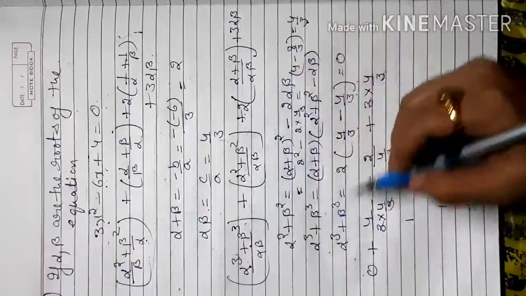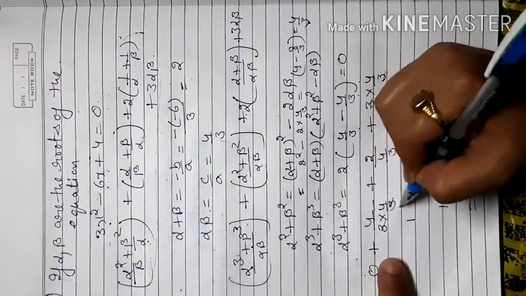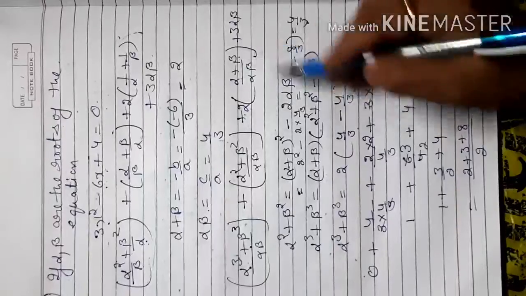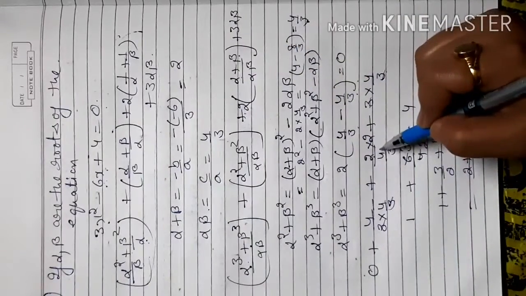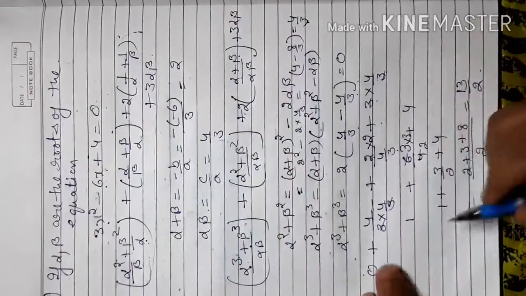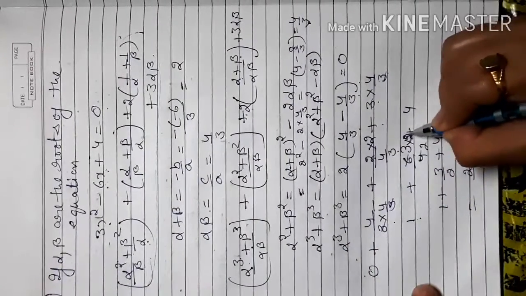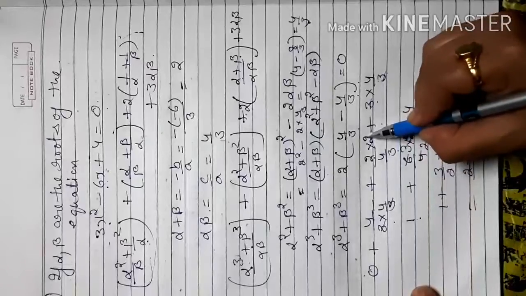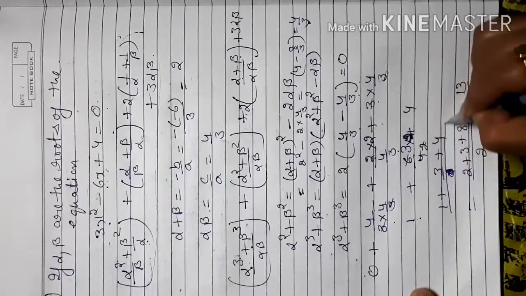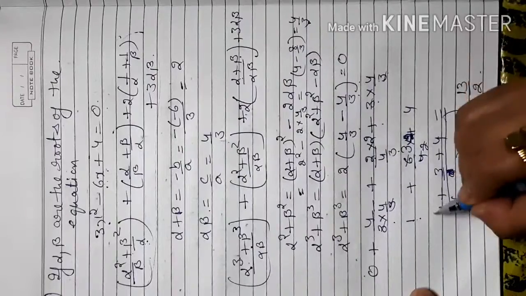So when I replace the value here, the first term becomes 0, so that is 4 by 3 by 4 by 3. So 2 is already outside, that is alpha plus beta value is 2, 2 into 2, and the denominator is 4 by 3 plus 3 into 4 by 3. The next is 1, it becomes 1, so here the 3 goes upward, and this 2 into 2, that is cancelled with 4, so only 3 is left here. So only 3 is left here, so that means 1 plus 3 plus 4 gives me